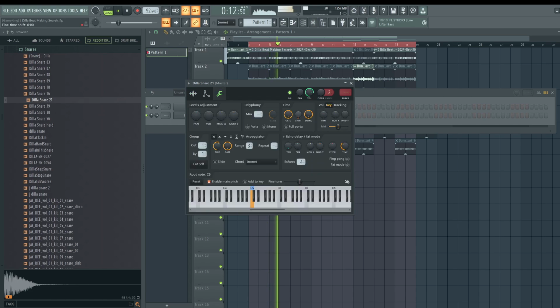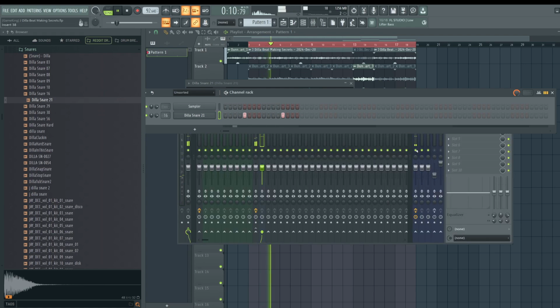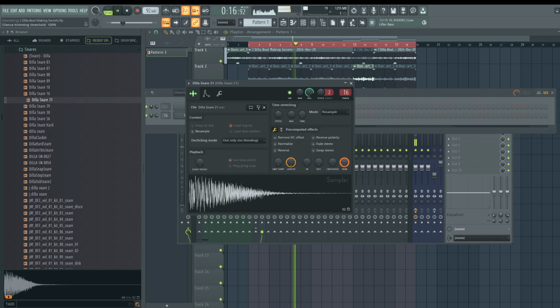We're gonna go to the wrench tool, turn up time shift just a little bit on the snare, so it kind of emulates a little swing. We're gonna turn up the channel rack swing right here, the swing amount. And once we start adding hi-hats and kicks, you guys will hear that. Let's hit Control L. I think the snare needs to be shortened a little bit. Let's trim this and fade it out.